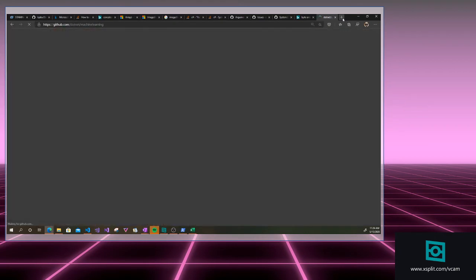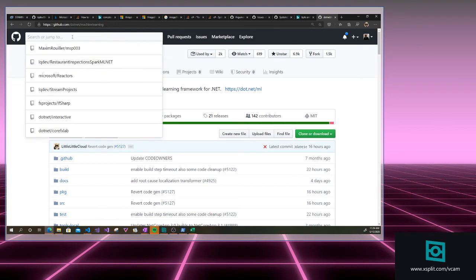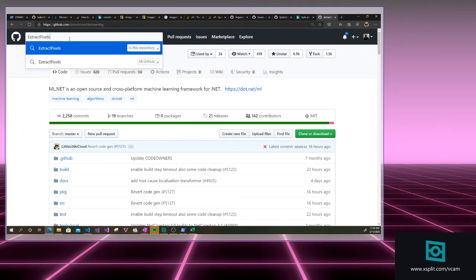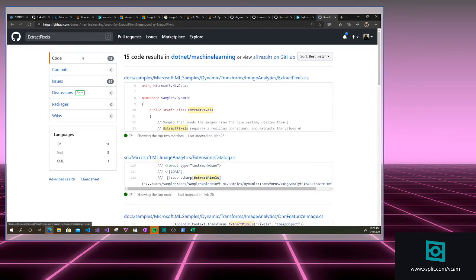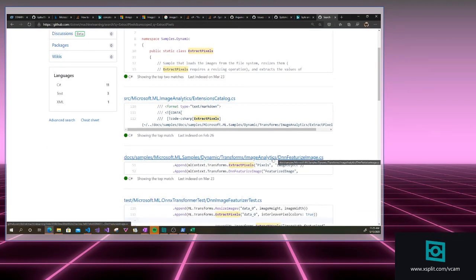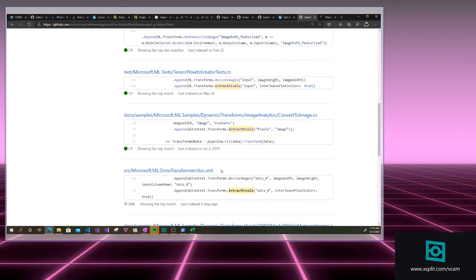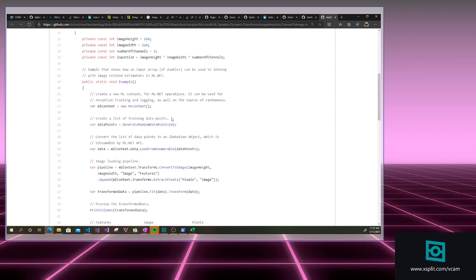How do they do it here? Extensions catalog, ADN if he tries, extract pixels, D9 if he tries test. Try that, convert to image. Ah, there we go. We could probably do this, convert to image. But I bet you